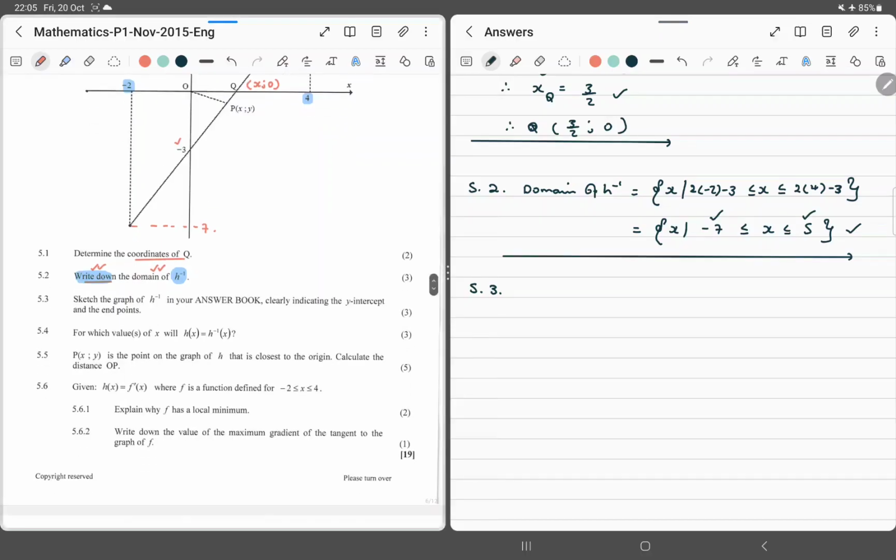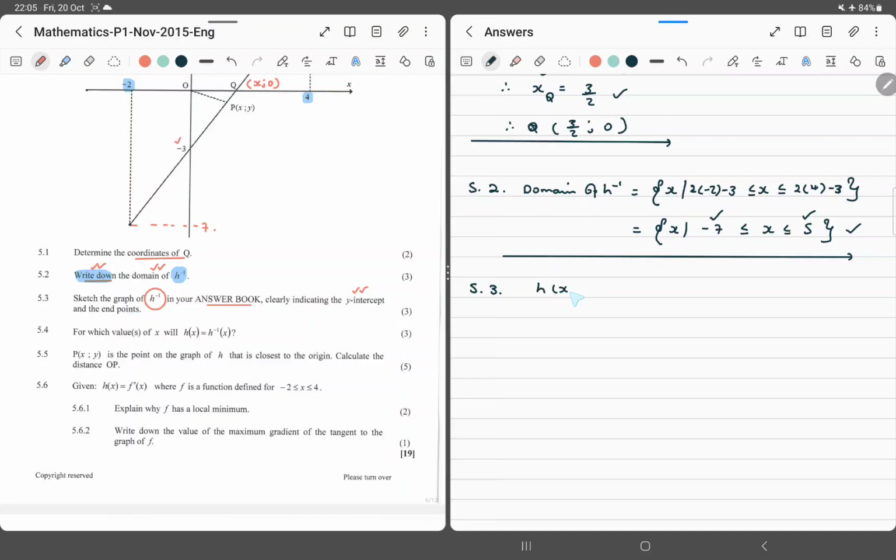Okay, 5.3 says, sketch the graph of the inverse of h in the answer book. So I don't have it, and clearly indicating the y-intercept and the endpoints. So I don't have the grid. So first of all, I know my h of x is equal to 2x minus 3. This implies that the inverse of h in terms of x is going to be, maybe let's work it out. It's going to be